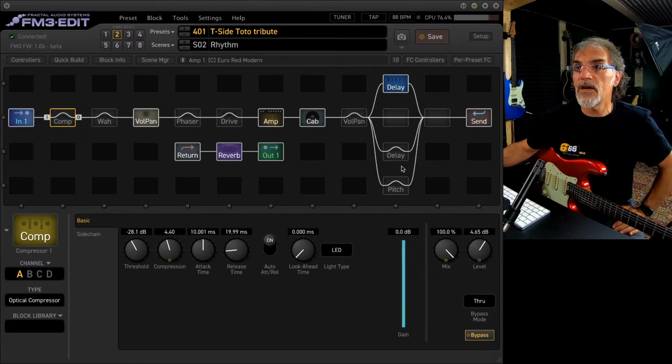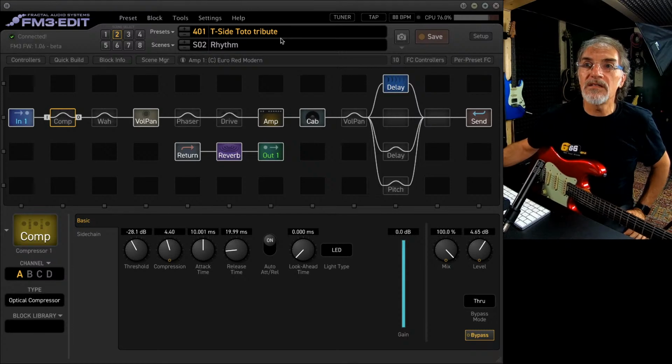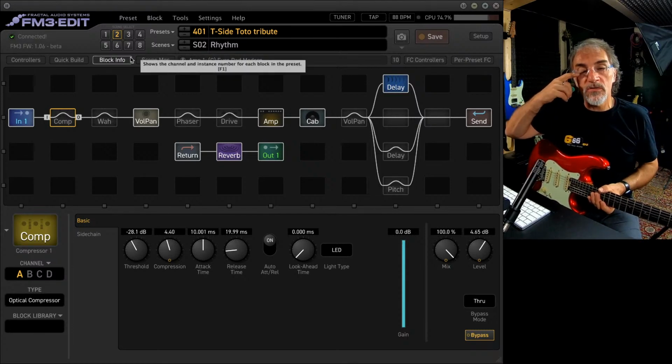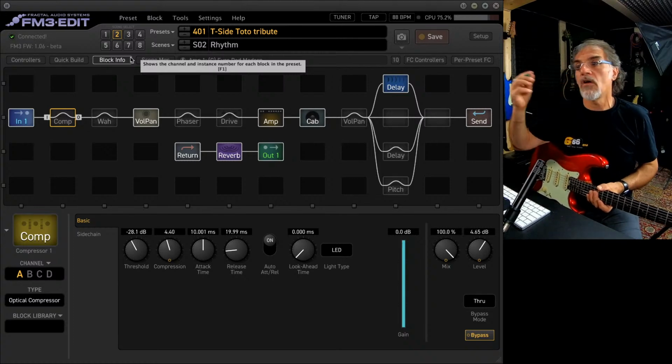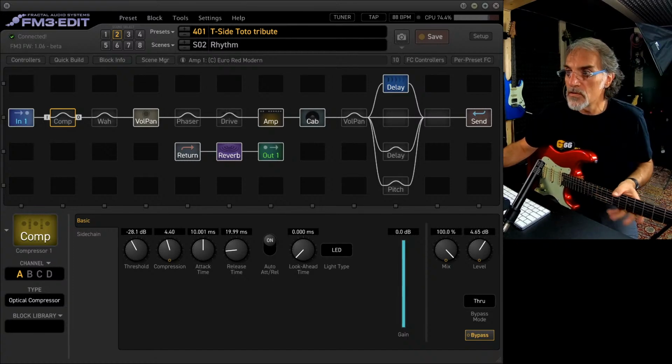There are 4 effects in parallel, and let's check what is the CPU load. Only 75, 77, 75. And I have 8 scenes where I have the clean sound, the distortion, the lead, the delay on and off, and I show you what I have with this preset. I switch off the microphone.